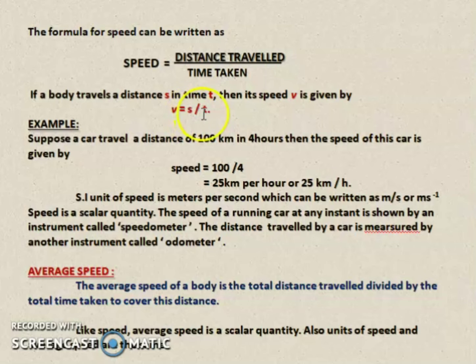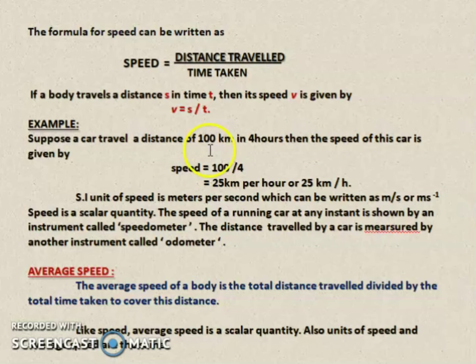Here s is the distance and t is the time taken. So we can understand this by using an example. Suppose a car travels a distance of 100 km in 4 hours. The speed of this car is given by